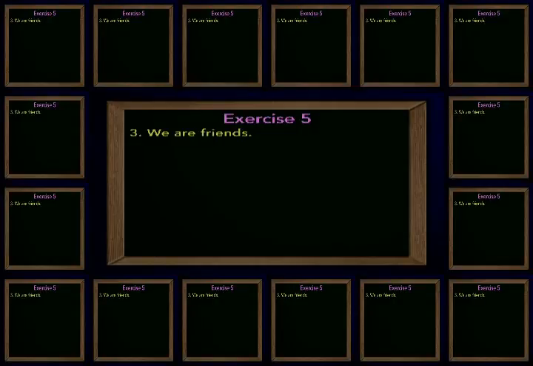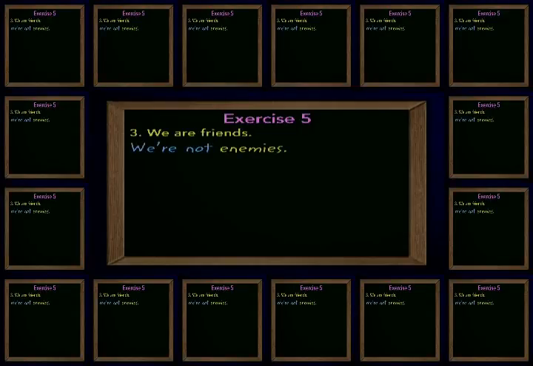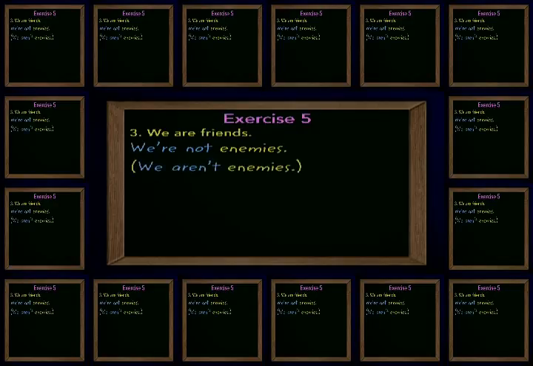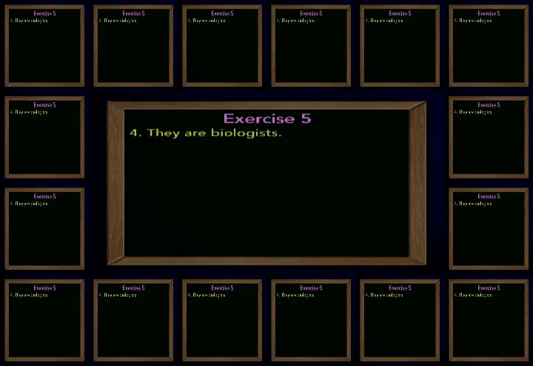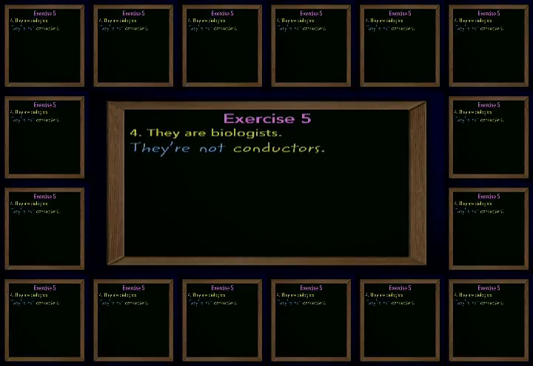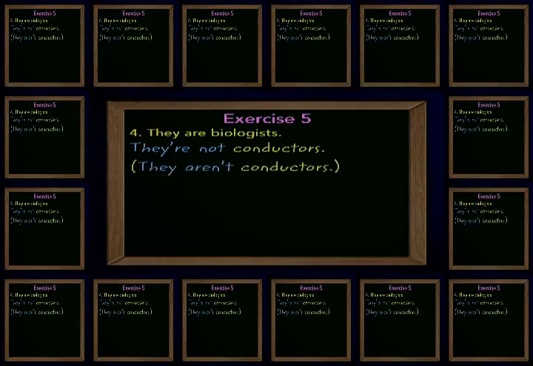We are friends. Possibilities. We're not enemies. We aren't enemies. We aren't students, etc., etc. They are biologists. They're not conductors. And another form, they aren't conductors.